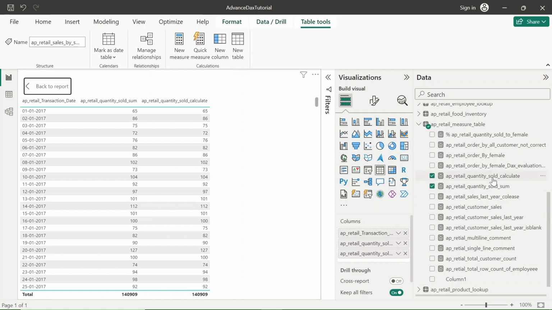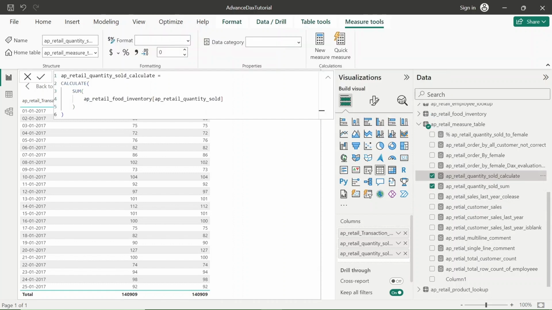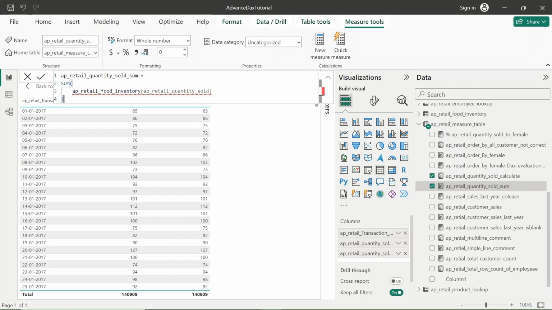This calculate measure we have created with the help of a calculate, and this measure we are simply creating with the help of a sum. So let's talk about the calculated column. In the calculated column, if you want to transition the row context to the filter context, we need to use the calculate function.